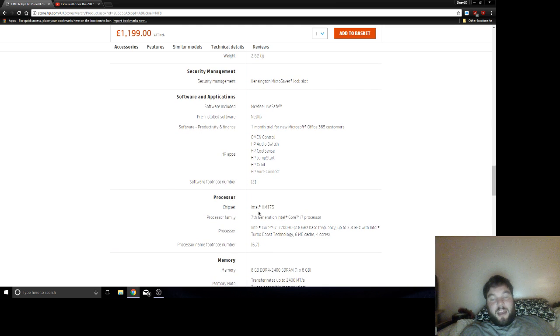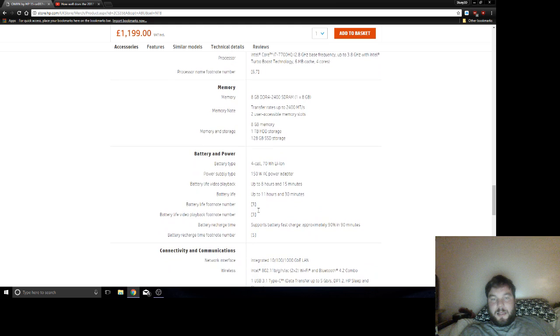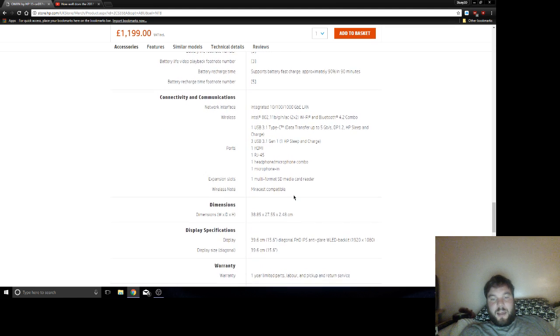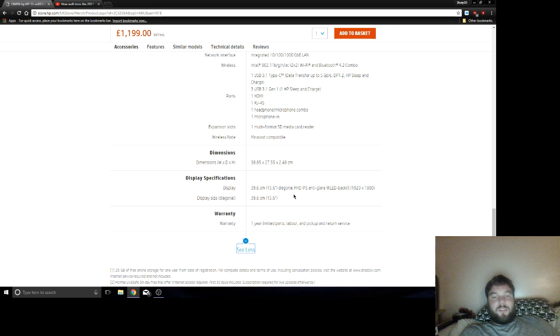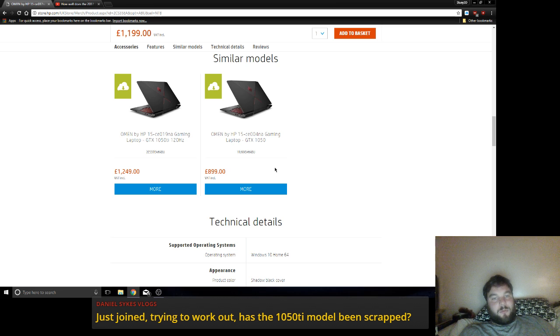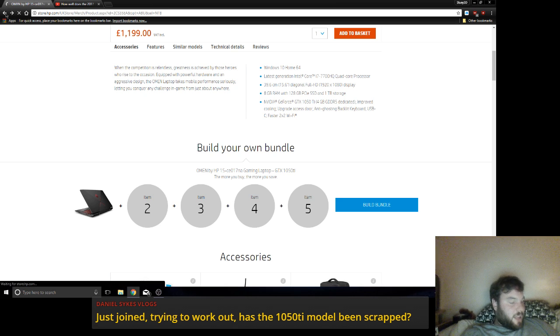So let's have a look. HM175, it's the same chipset and everything that I've got. Basically, it's got a USB Type C, but it's not a Thunderbolt USB Type C. So nothing there extra. Same Wi-Fi, same Ethernet. I think it's got a better camera, a Windows Hello compatible camera, but it's not really worth the extra money, if I'm being brutally honest. If you were in the market for a HP Omen gaming laptop now,